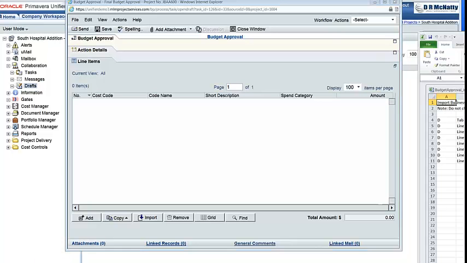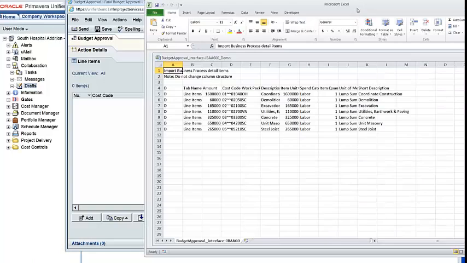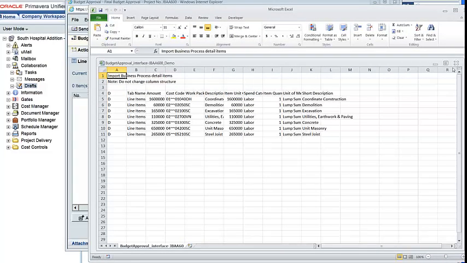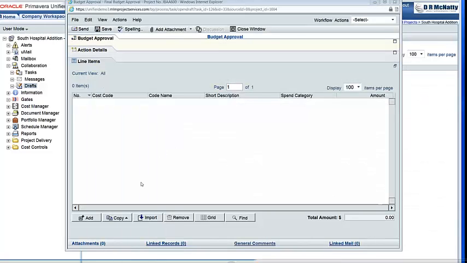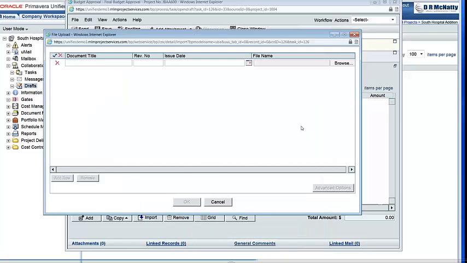And populate the structure for the line items for the budget approval process. For every business process, you'll have a different data structure. This is the one that I created so that I could upload it to budget approval. Simply, what you would do is click the import button.